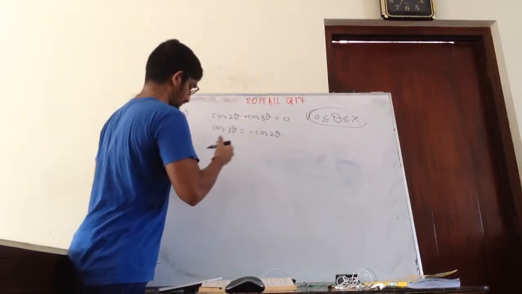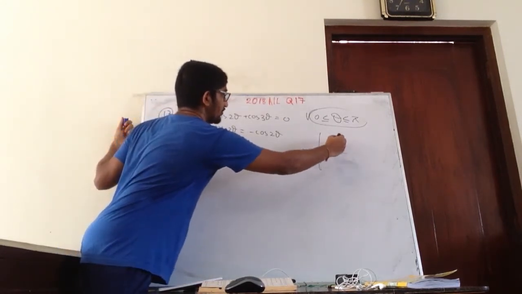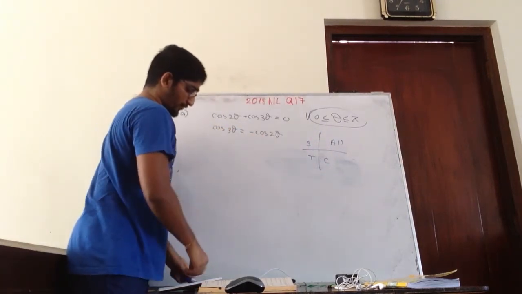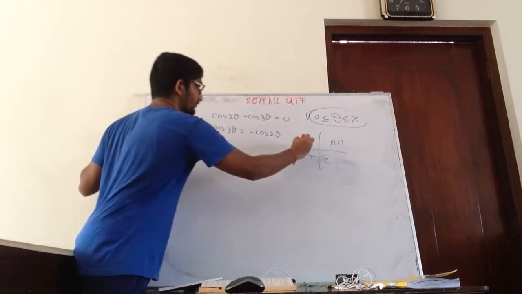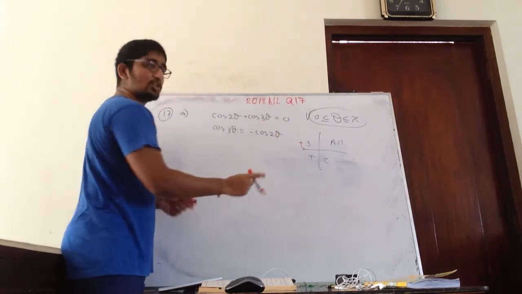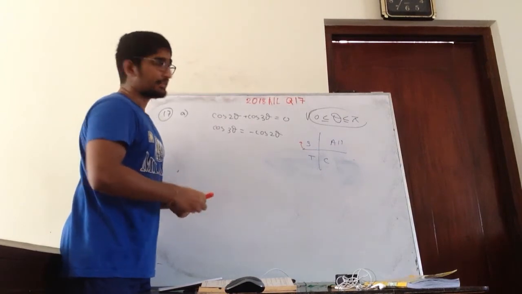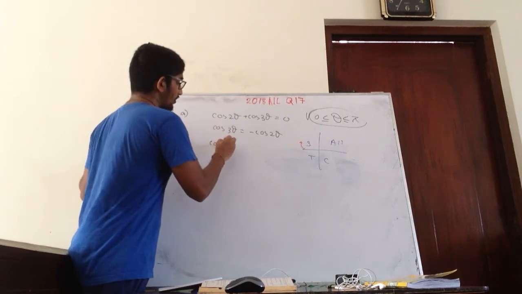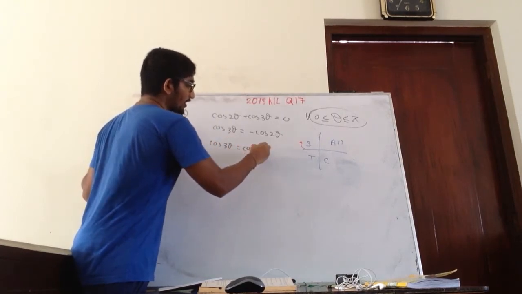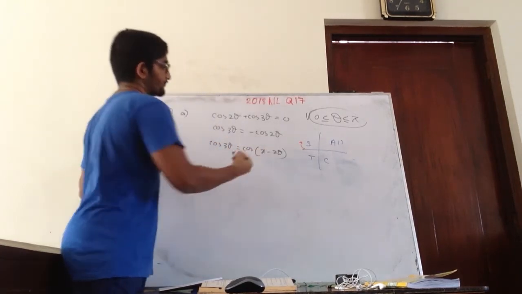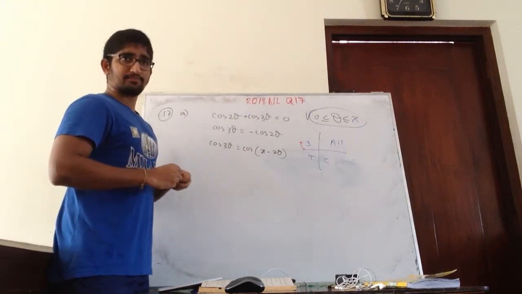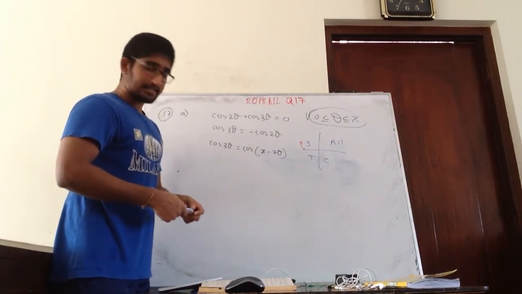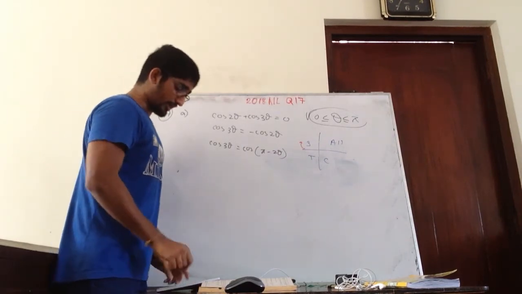Now we have this all STC, right? So if you minus something from here for a cos, you will get a minus thing, right? Therefore, what I am going to do here is I am going to write this as cos 3 theta equals cos 5 minus 2 theta. So that's perfectly fine, right? So cos 5 minus 2 theta will become minus cos 2 theta, right? So what I am going to do next?